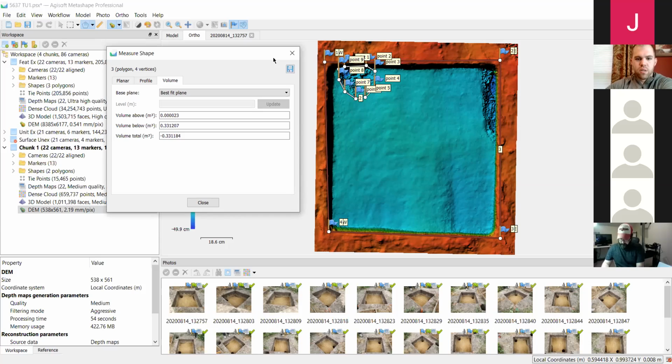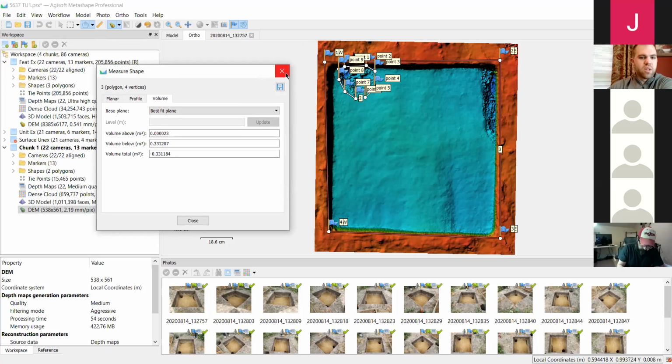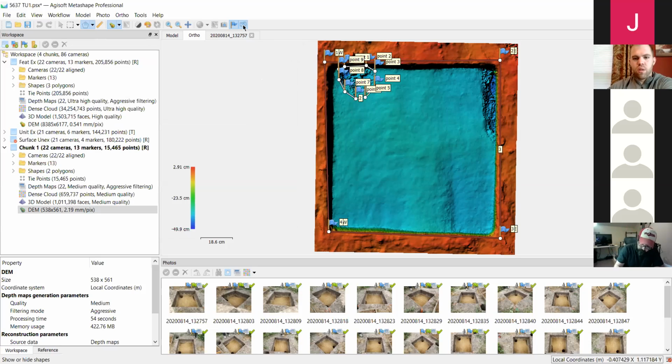But I've had some pretty good accuracy with at least units, because with units, I can calculate how much I'm digging out simply by the size of the unit and the depths I'm going to. So that is primarily what I've been using the digital elevation model for, measurements and volume calculations